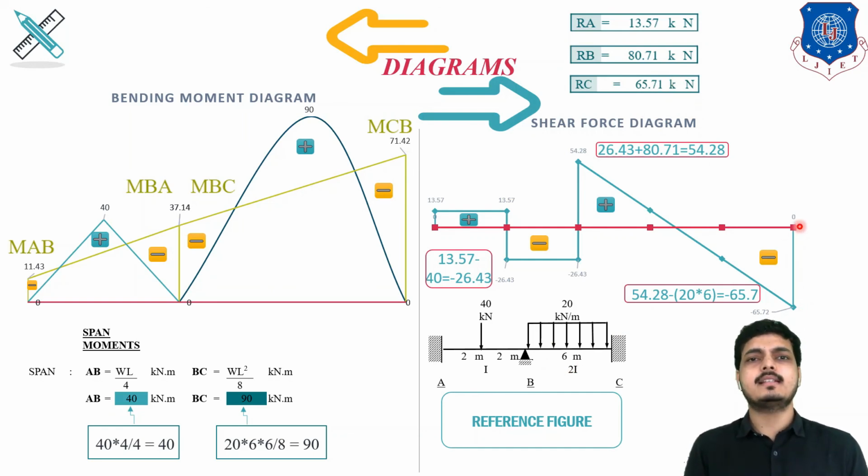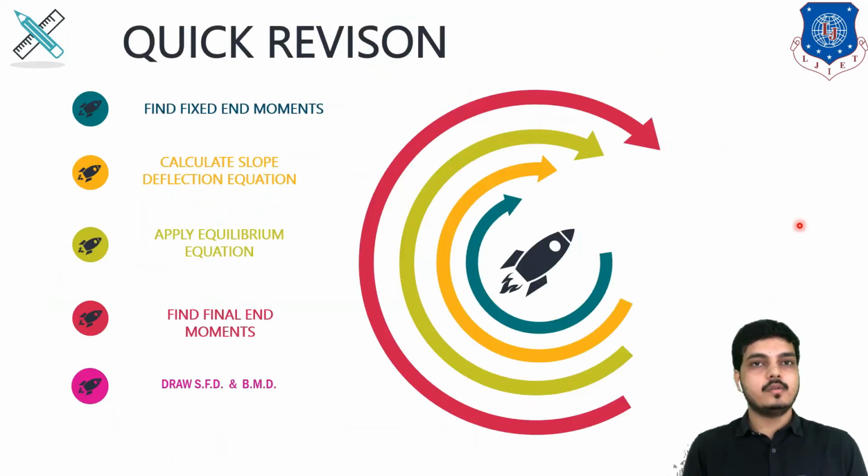So this was the basics which we have learned in the previous session of structural analysis, how to draw the diagram, but here I have expanded to recall how to draw a diagram. So here our entire sum process is over. Let's have a quick revision of what we did till now. First of all, in the first step we found the fixed end moment. In the second step we found the slope deflection equation, applied the equilibrium equation, then found the final moment. This final moment was found after putting this equation value in this. So I will get my final moments, and at last draw the shear force and bending moment diagram.